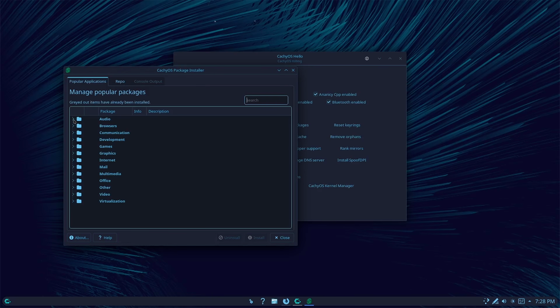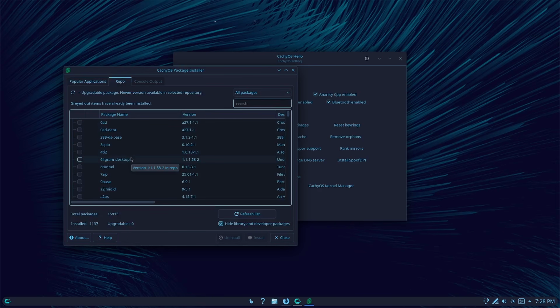Now, Discover is not installed at all. So if you are a KDE user and you're a fan of Discover, that thing is not here. So if you're interested in that, you'll have to install that on your own. This is just an access to the Arch repos if you want to use it. Now, it does have an uncategorized list of